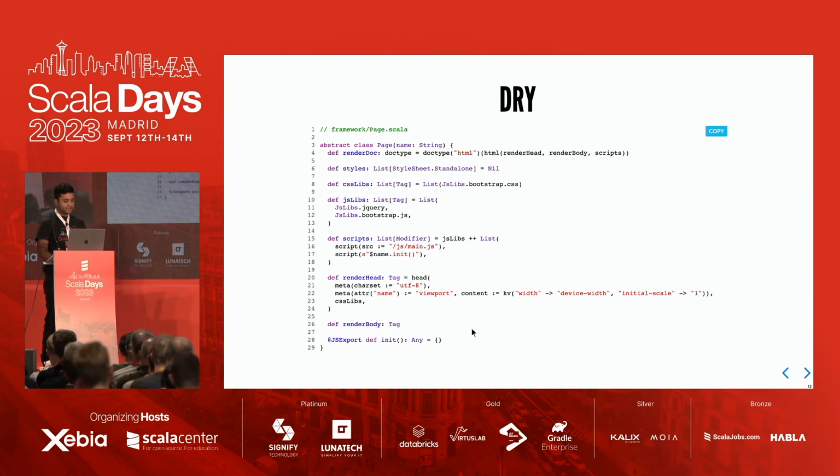One thing I would like to mention is this little JS export thing. JS export basically tells the ScalaJs compiler what is publicly available for me to invoke. So this init is the only public. This is not a library. You don't have to do this, but I like to do it because this lets me have a method that